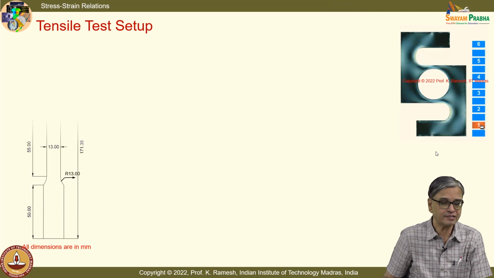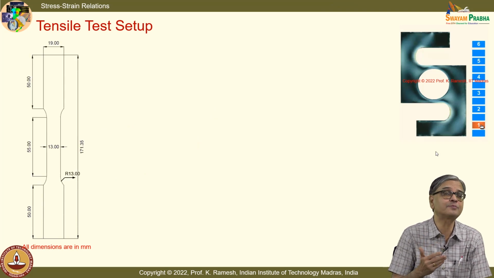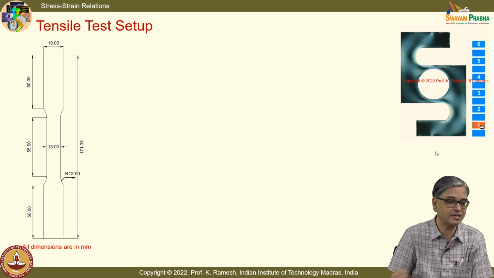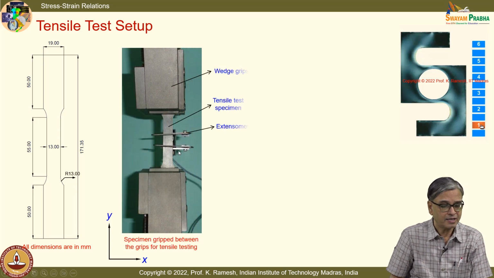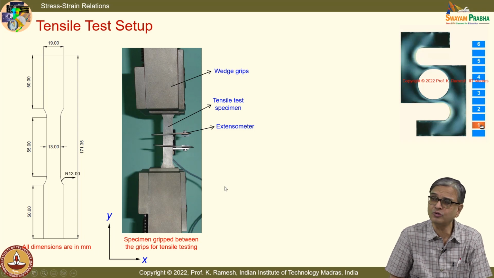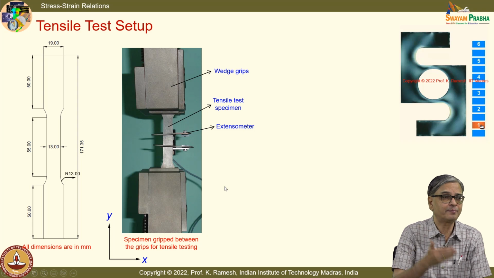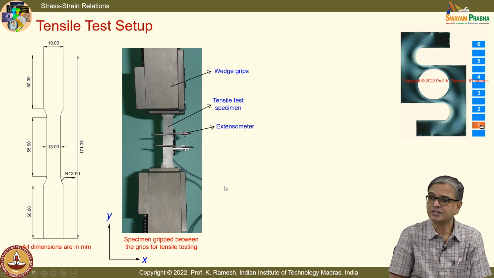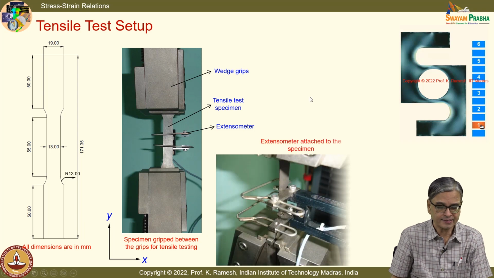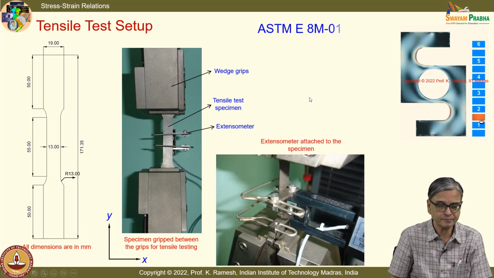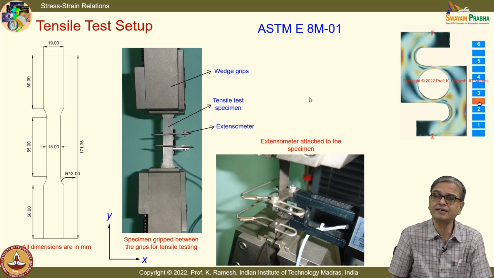And the next question is, how do I measure this Poisson ratio? See, in the tensile setup which we have seen earlier, I have put an extensometer to find out only the strain in the axis of the member. I was measuring only epsilon yy, and you had a load cell which was giving you the load. So, divided by area you were able to get the stress. So, you could plot stress versus strain, and we also saw there is a standard available for this, and similarly you also have a standard available for